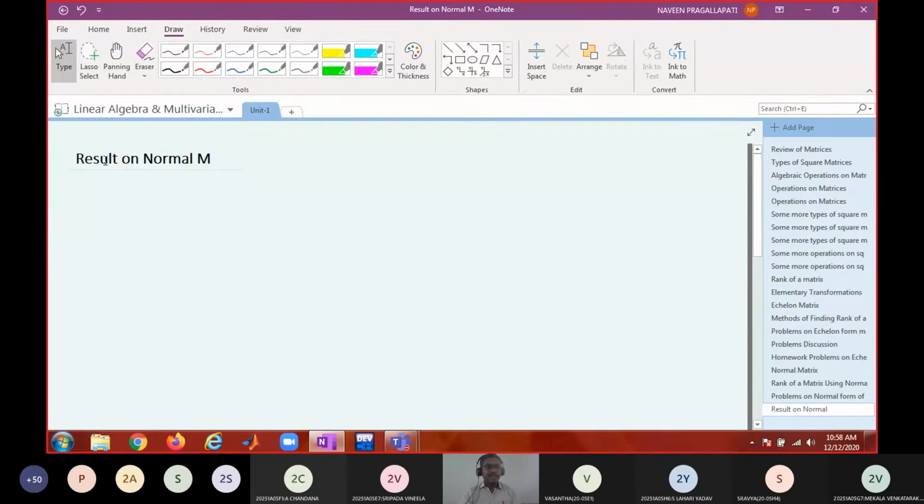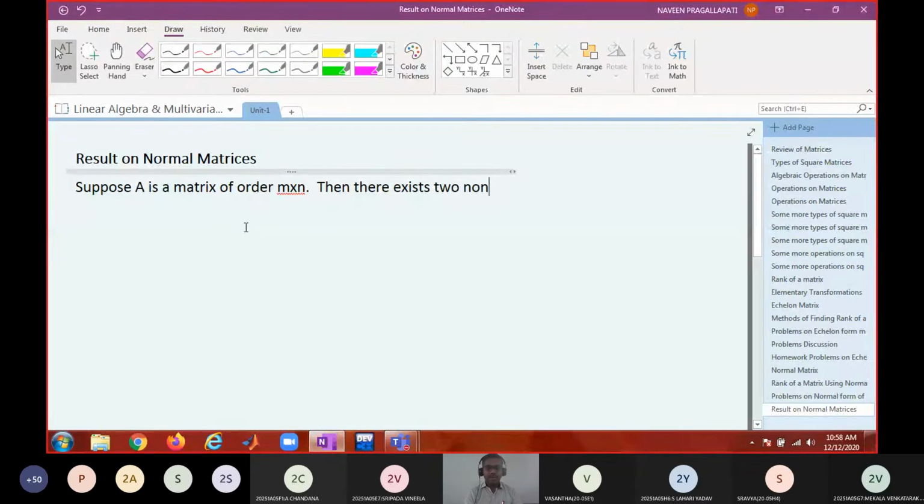Result on matrices. What the result says is, suppose A is a matrix of order m by n. Then there exist two non-singular matrices